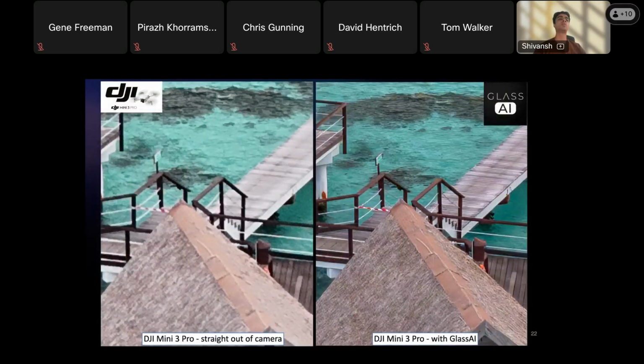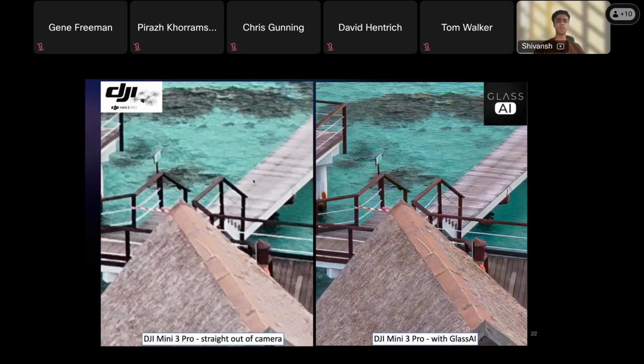After going through all these smartphone results, we thought we should also give it a try, because the eventual goal was to scale this across devices. So while scaling across devices, we did the same approach, but this time with the DJI Mini 3 Pro. On the left is what you would get from the camera app of DJI, and on the right is what you would get once you use this neural ISP block on top of DJI's input RAWs. And we found that the image quality difference is even more significant on these drones.